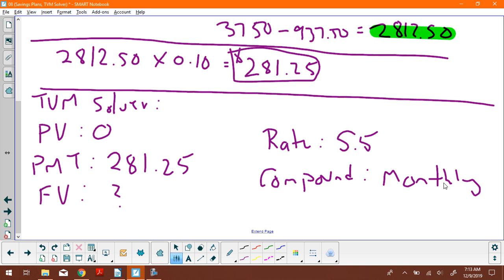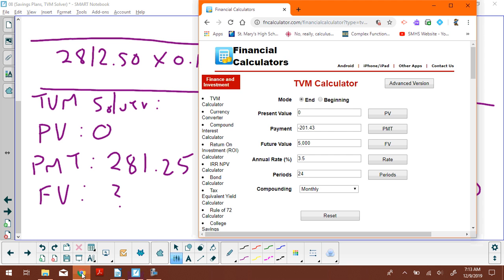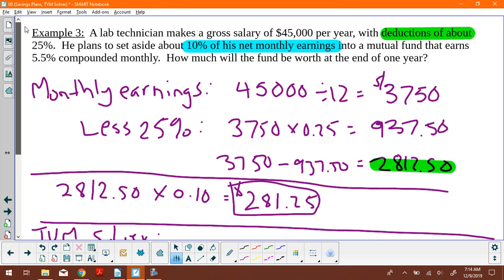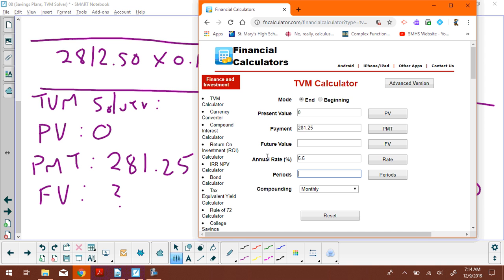Okay, so let's jump over to our TVM solver, and we'll run this through. The payment is 281.25. Okay, don't know what the future value is yet. The rate was, okay, in periods. Oh, we didn't write that one down. So let's go back. How long were we doing this for? This was for 1 year. Okay, and it's compounded monthly. So that would be 12 periods. Okay, so let's go back here. It's going to be 12. And click FV. Okay, so at the end of 1 year,